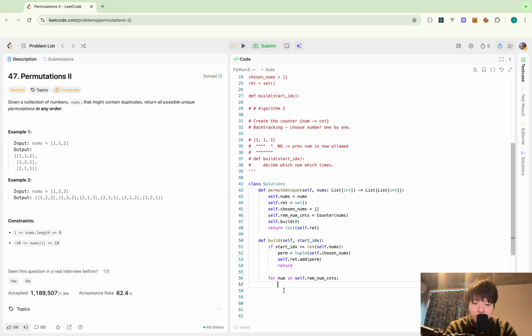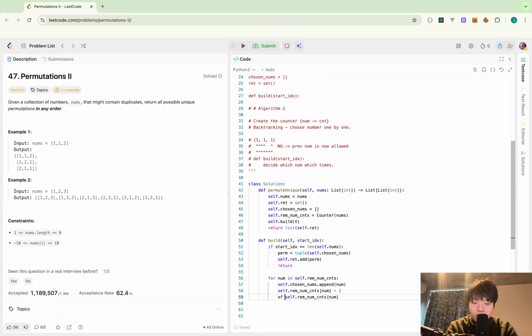So I choose this number, so self.chosen_nums, then decrement the count, and I have to make sure that